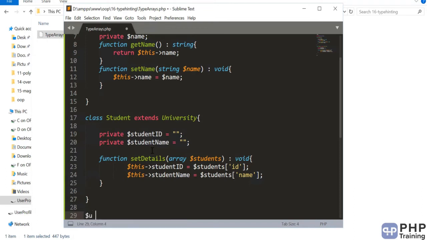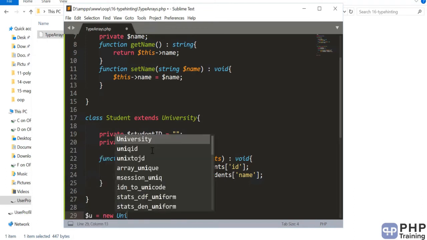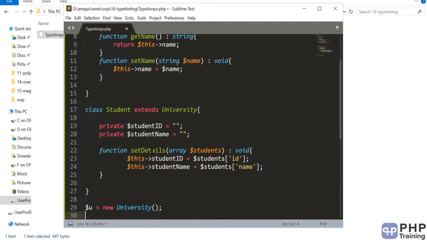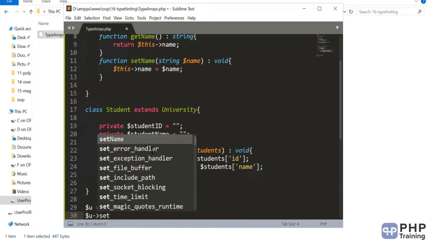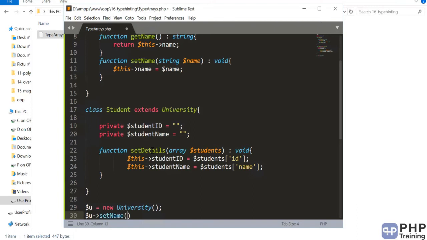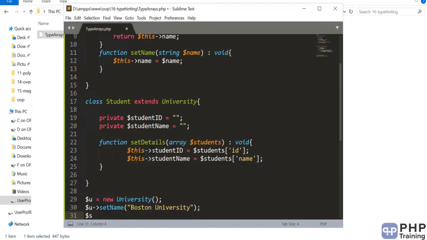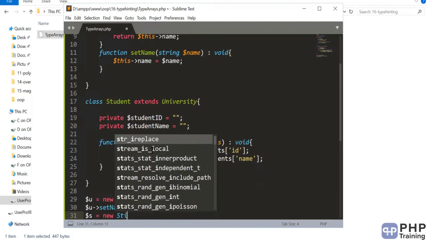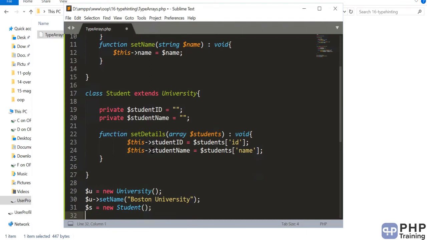Okay, so let's create the university class and let's set the name. Let's create the student. Let's create an array.